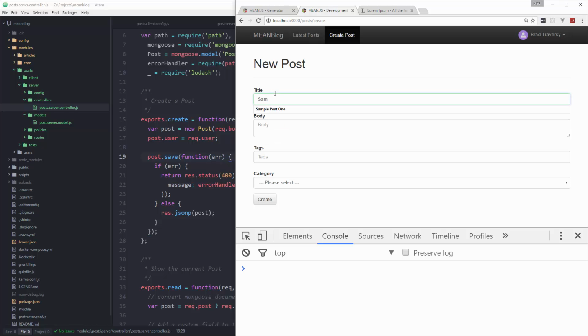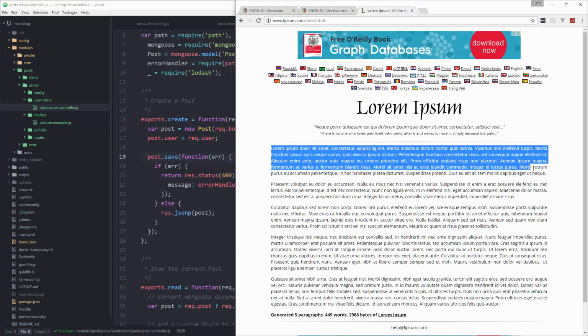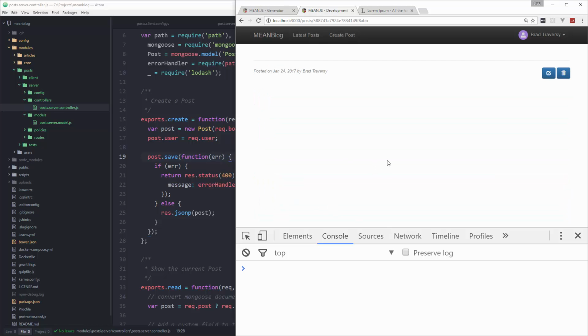So we'll say sample post 1, and for the body I'm just going to grab some sample content here from lipsum.com. I just generated a couple paragraphs, paste that in. Tags, we'll say tag 1, tag 2, tag 3, and let's say business. Create. Okay, so it created, but it took us to the details page,